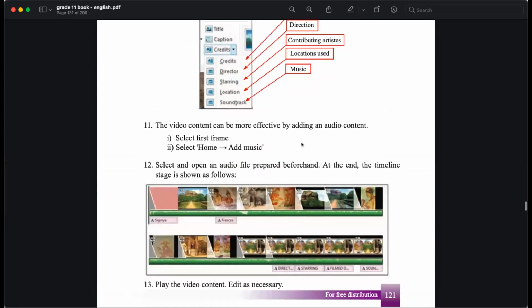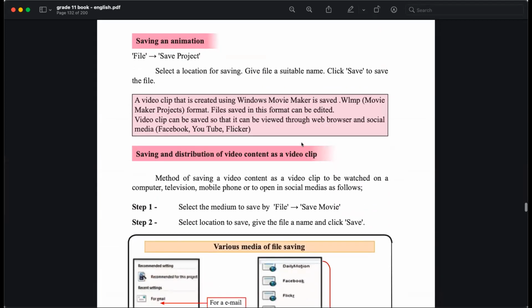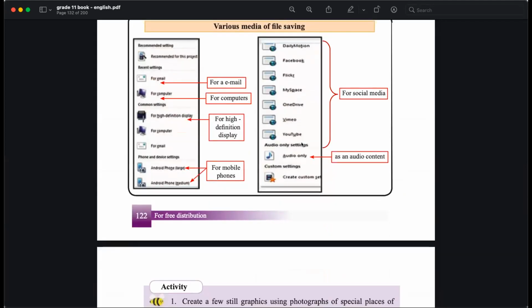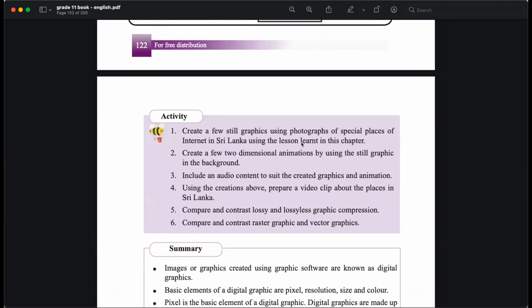Actually, I just want to show you some, because this is a very small lesson. I just want to introduce the software. Those who are not having an idea about video editing, you can start video editing using Movie Maker easily. But to download Movie Maker, right, newer version of